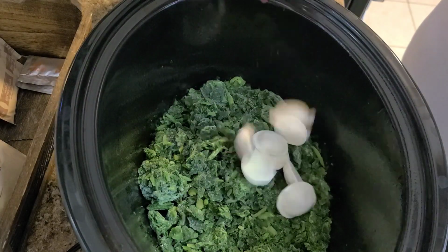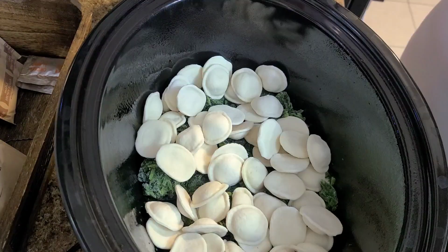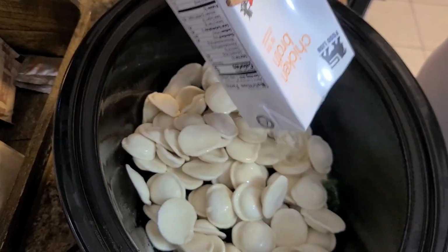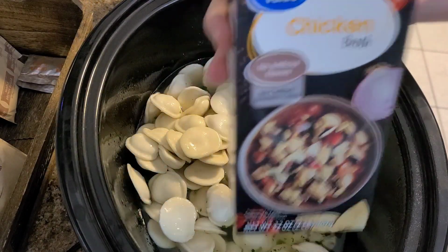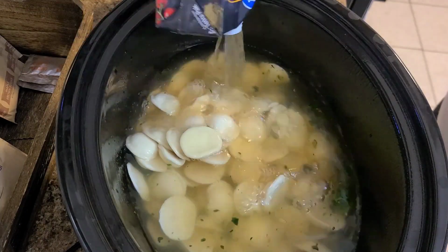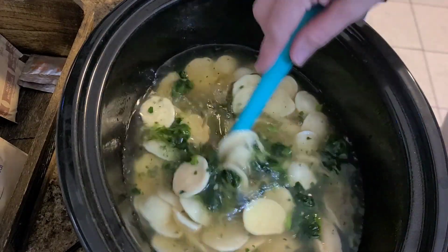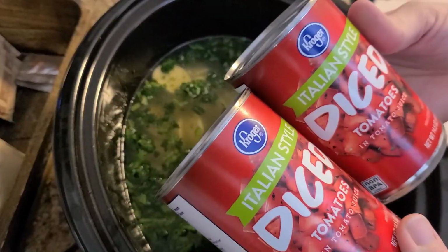Now this is where, when I've made it before, I have used the cheese tortellini. They seem to hold up a lot better and they don't break down. It still had the good flavor, but the cheese fell out of the ravioli, and you'll see it here in a minute. But it's okay. It was still good, it was still edible, and we are not going to waste no food over here. Once you get your spinach and your ravioli or tortellini in there, you dump the chicken broth in,